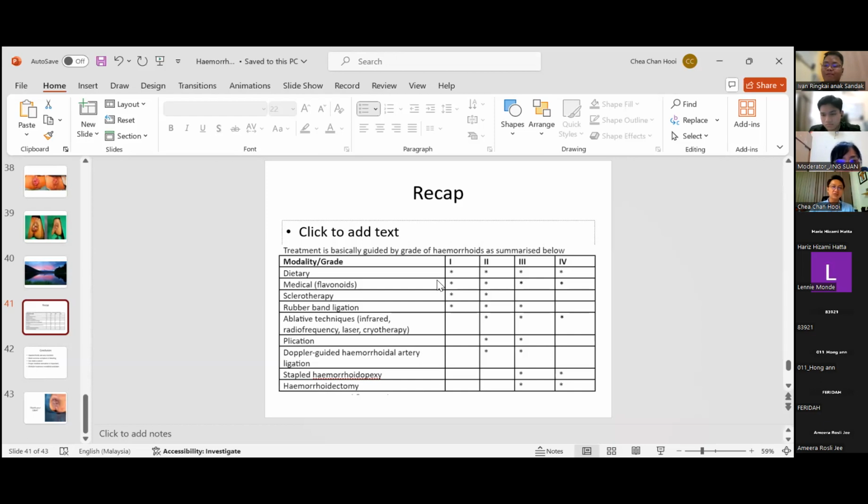Be it most probably cardioprotective or primary or secondary prevention, or even sometimes tertiary prevention. So if the cardiologist or the physician thinks that the patient needs to be on antiplatelets, then by all means, go ahead. But if there is bleeding happening, and especially if the bleeding is a lot, then it will come